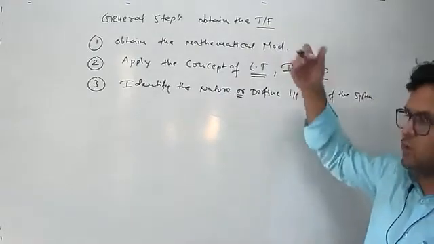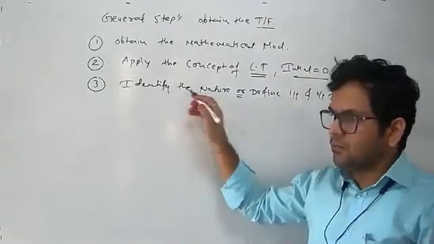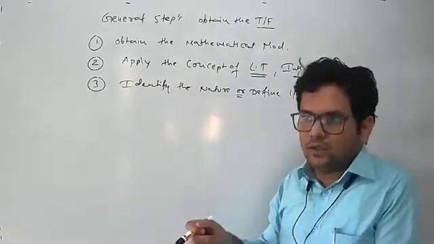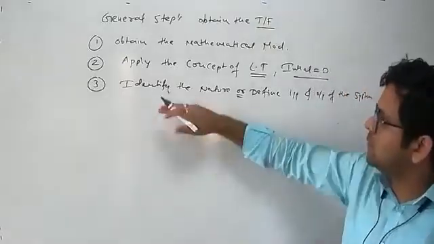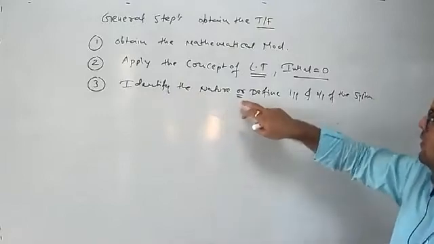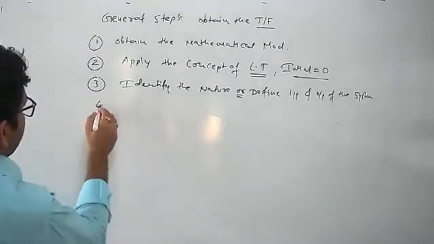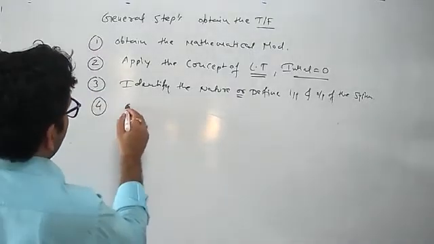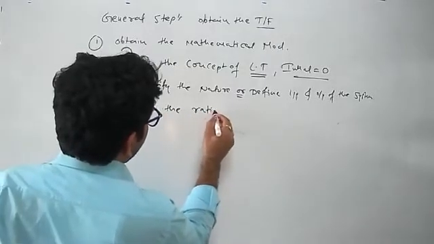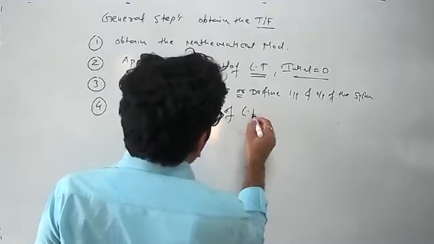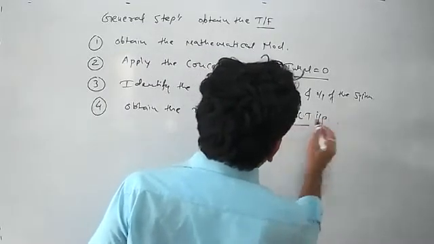So definitely if we want to take the ratio of output by input, first of all we need to define, in our given electrical circuit, what will be the input and what will be the corresponding output of that particular circuit. So in step number 3 we are going to define the input and output of a given system, and in step number 4 we need to obtain the ratio of Laplace transform of output to Laplace transform of input.